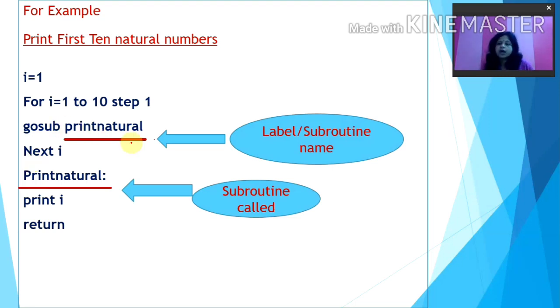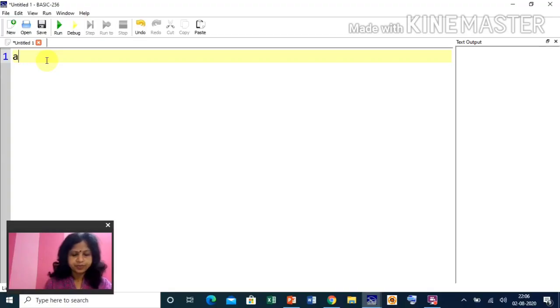Now let us come to BASIC256 so that I can show you. Suppose I have written here a equals mid, the same string, then 3, then the 6th or 7th position, any number you can give.